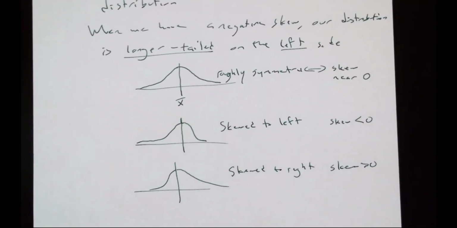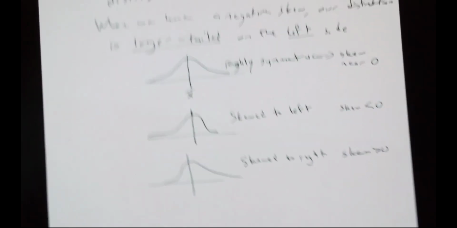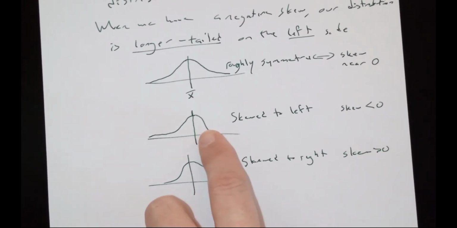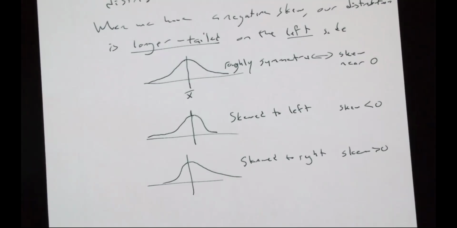Yes, sir. Skew is where the longer tail is. So as I say, this tail goes out this way, this tail goes out this way. We can think of skew as kind of the reverse of where the big part is. So this bulge is to the right side, this bulge is to the left side. But it actually turns out